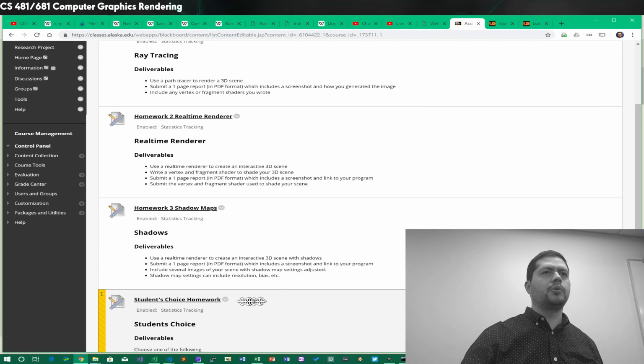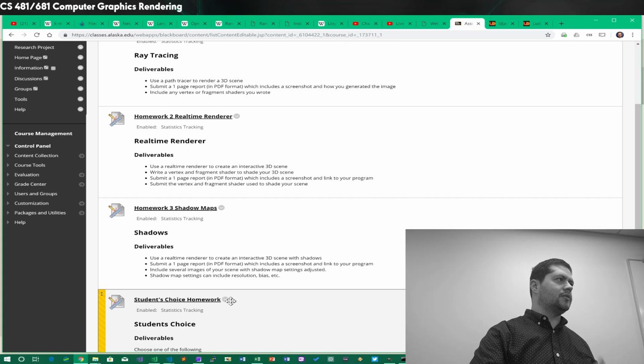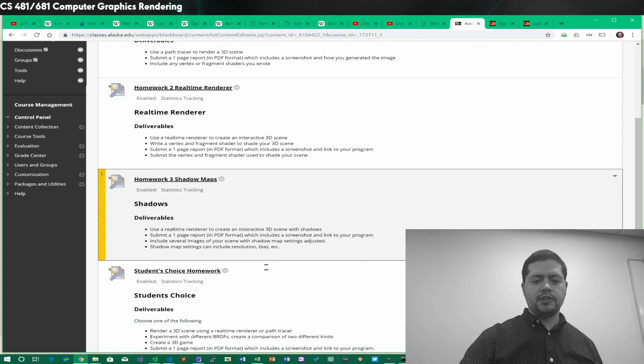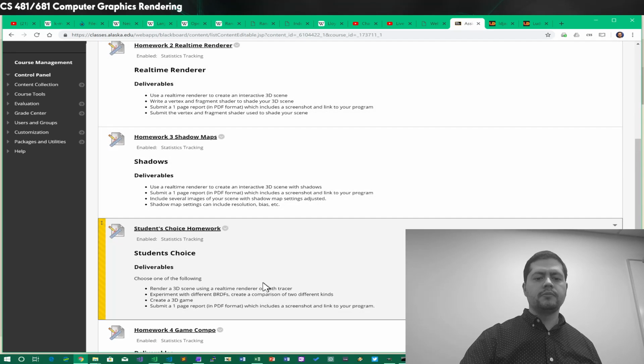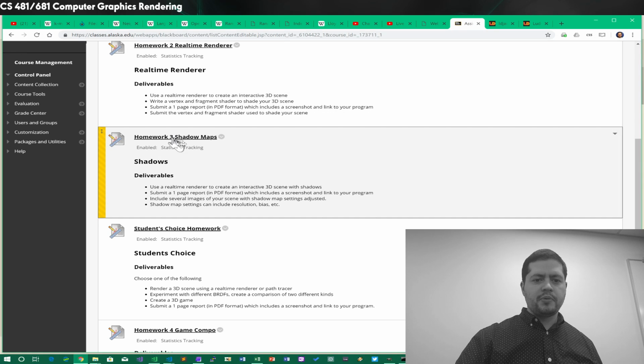There's no reason why it has to be a completely brand new, different thing, especially if you're working up towards the game competition. All this work can be contributing towards that. Okay, shadow maps might be a little bit different, but